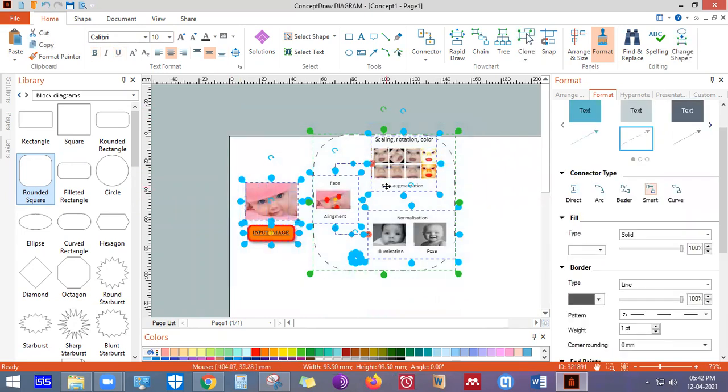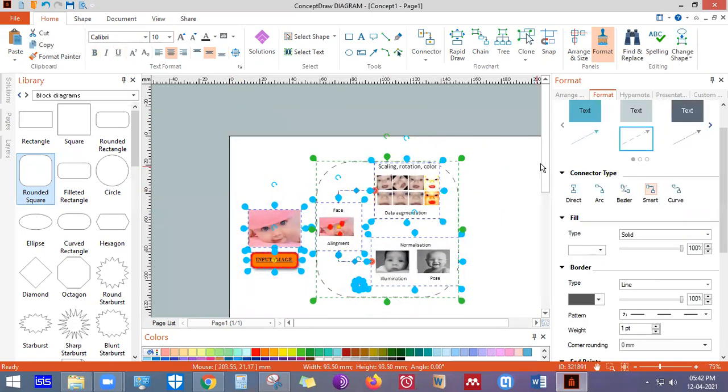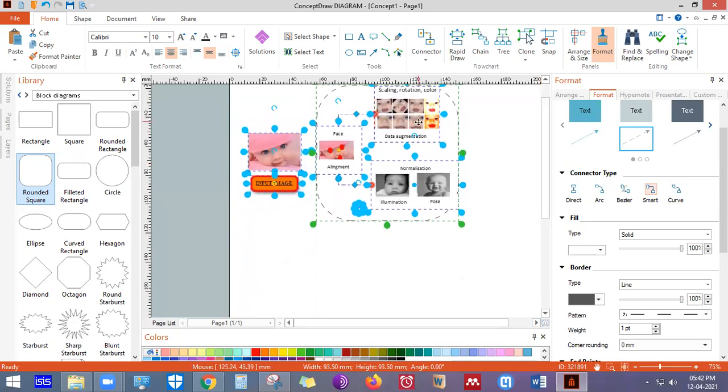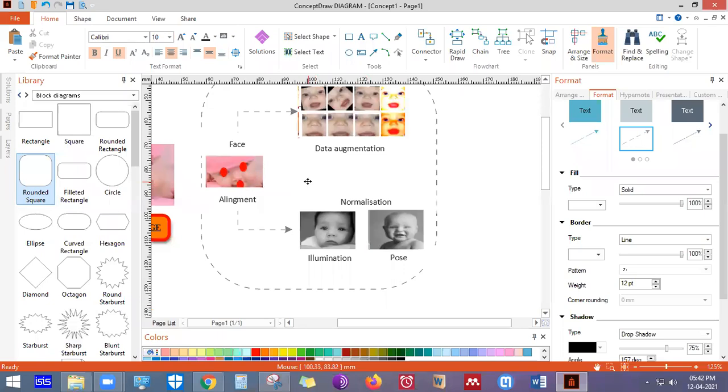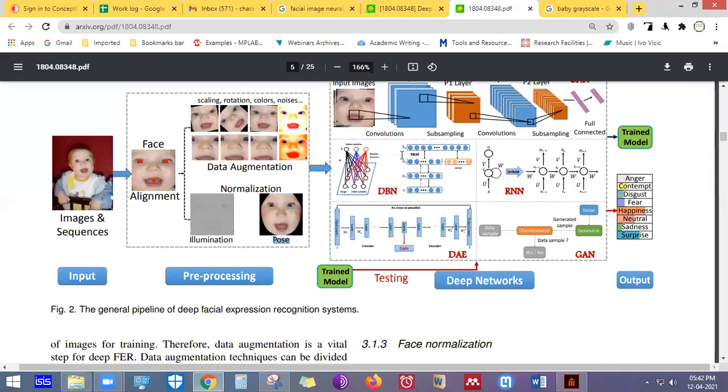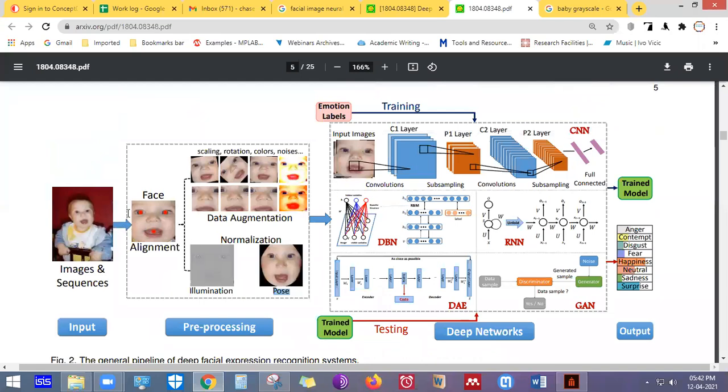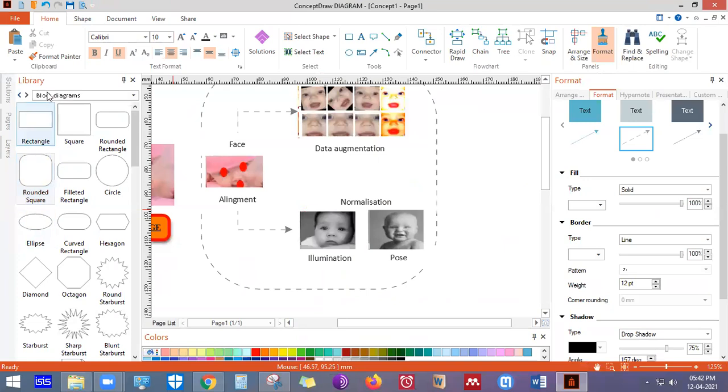So once everything is done, if you want to move it to any place, just simply select the entire objects and you can just simply drag it and then leave it anywhere you want. Then our next block is an arrow mark. I think we need to put this arrow mark, 2 arrow marks. So we can just simply type in